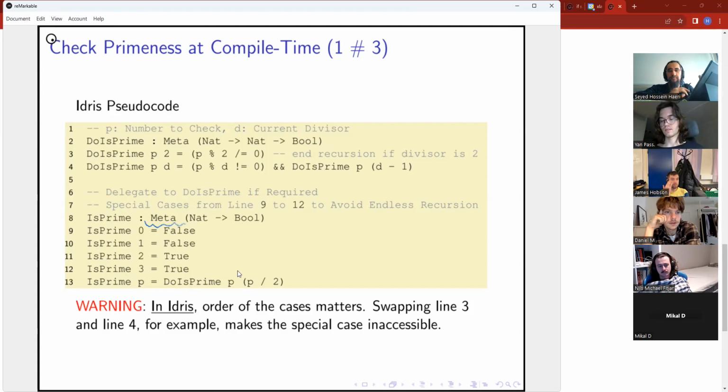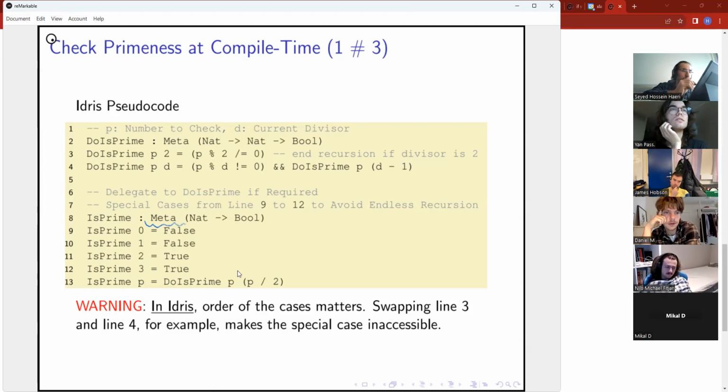Now, Idris has something called multiplicities with which you can do certain things that I haven't told you enough about. So I'm saying, fine, let's assume that there is such a keyword that enforces the applicability of is prime at compile time.